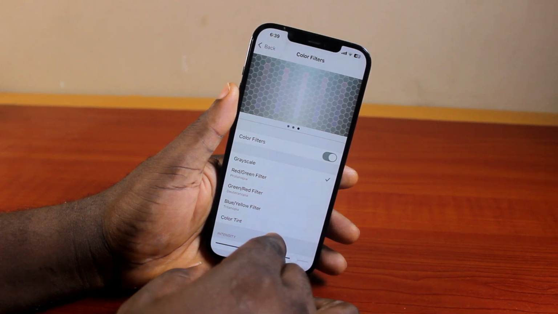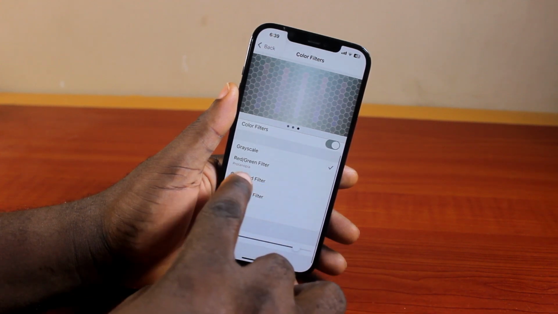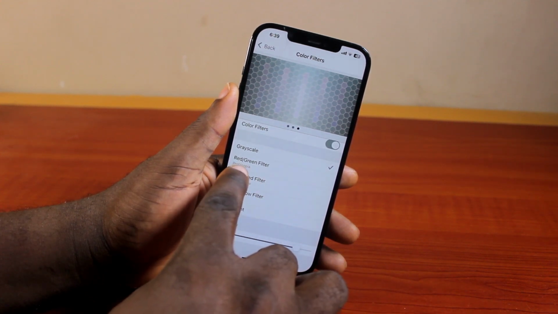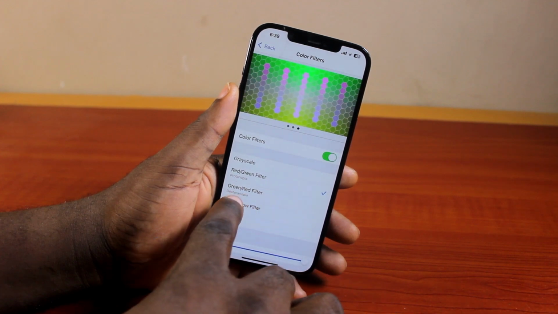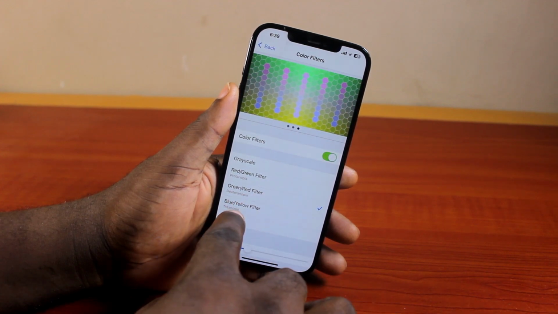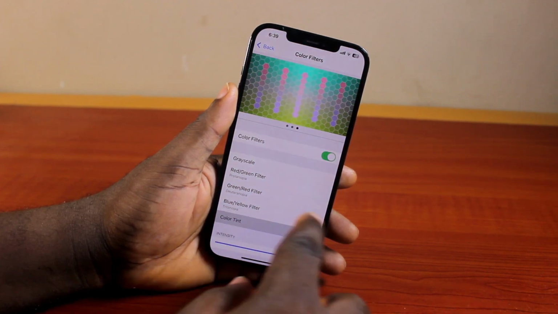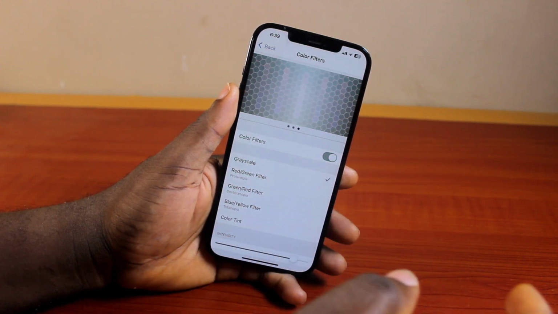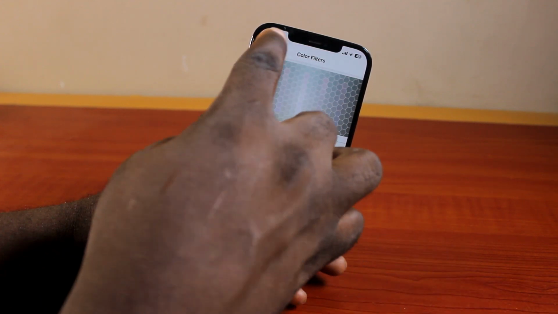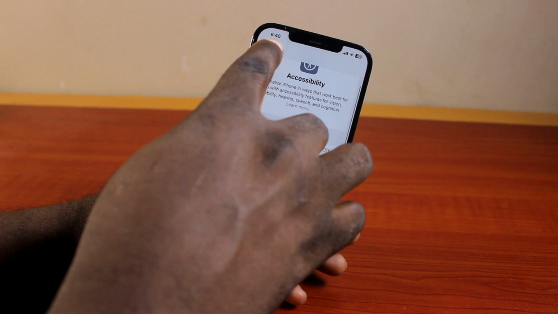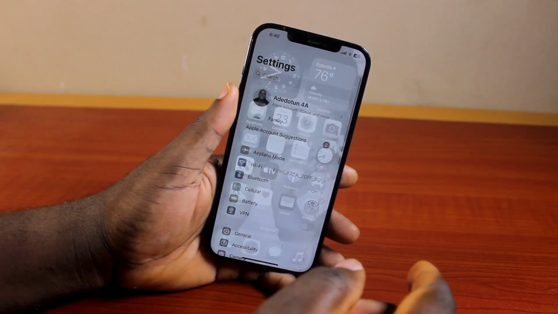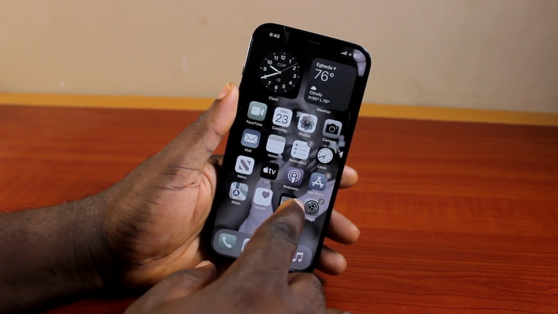And once you enable color filters, here you have a few options available that you can choose from. You have grayscale, red and green filter, green and red filter, there is blue and yellow filter, and then color tint. So once you've selected your choice of color filter, then you can now hit the back button. So you see that? That is exactly how to enable or turn on color